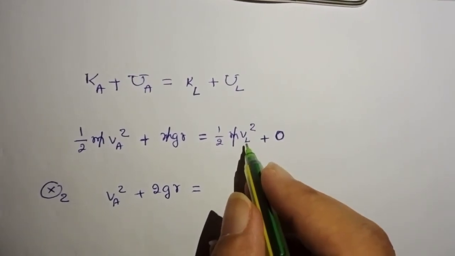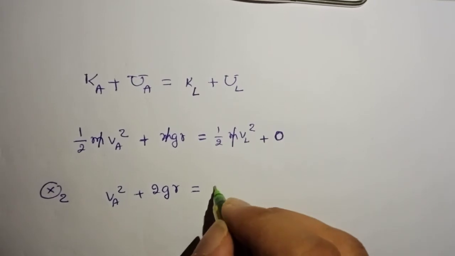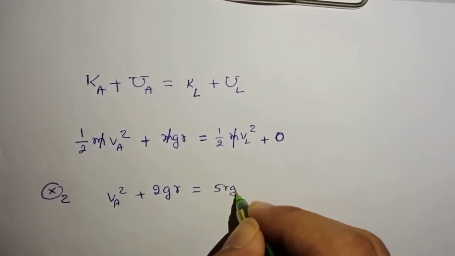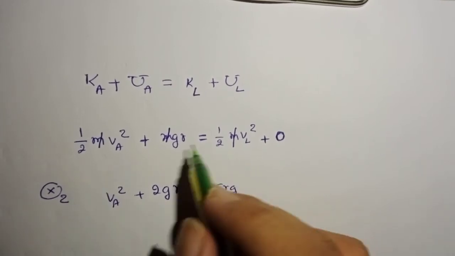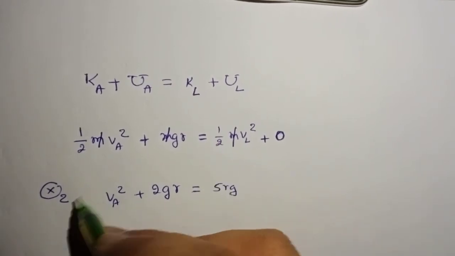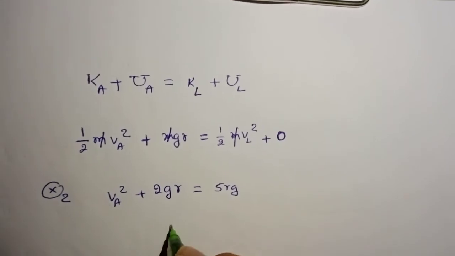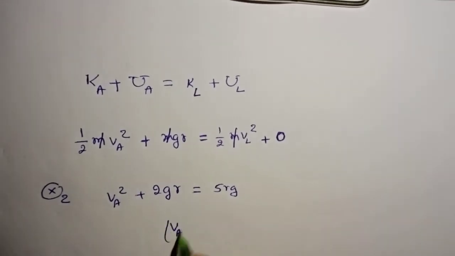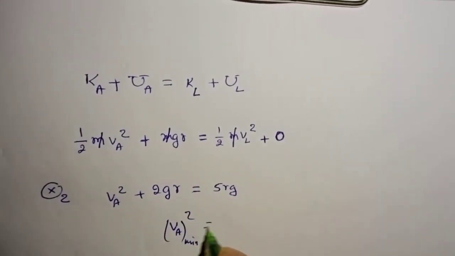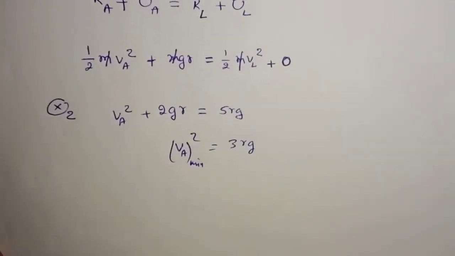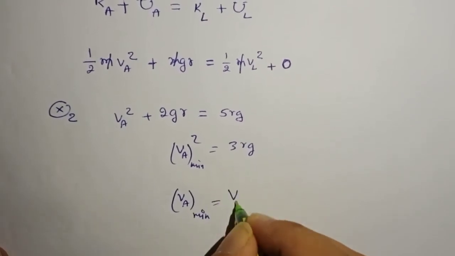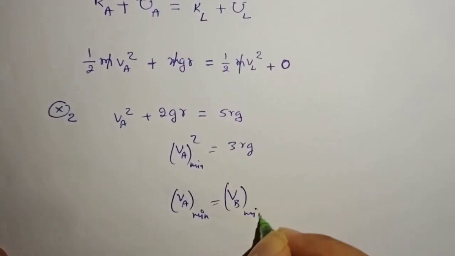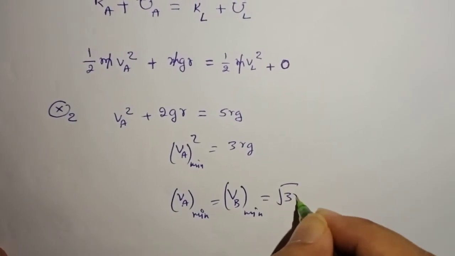Square root of 5RG whole square is 5RG, because I am multiplying by 2, so this 2 and this 2 get cancelled. VA minimum square is equal to 3RG. So the minimum velocity to be given at point A or at point B, both are equal to square root of